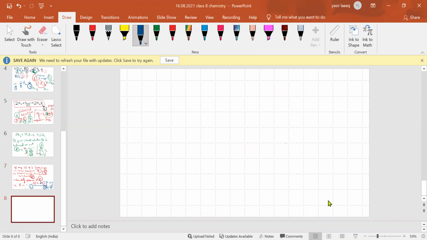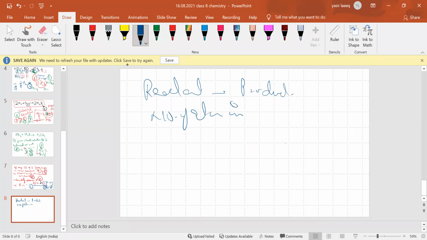But just remember 2 things. We have to see the reactant part, the product part, and their number of atoms. The number of atoms in an element on both sides. Is it clear? For example, I'm giving you this one, number 5: SO2 plus O2 will give you SO3.